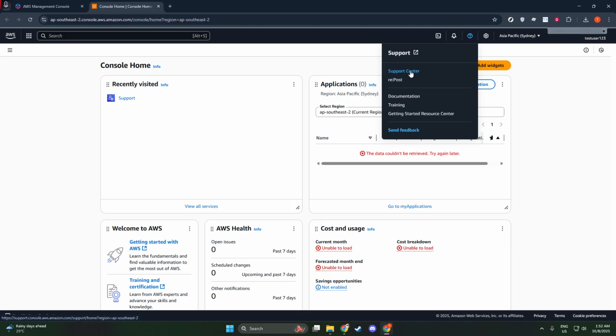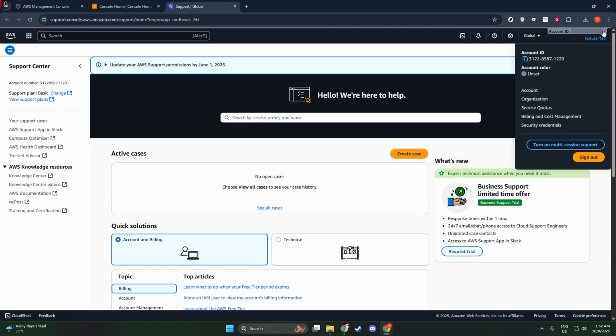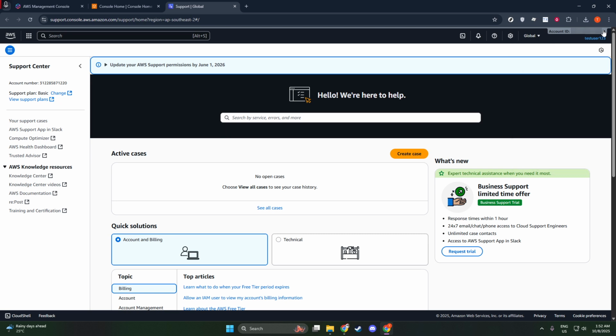Once you've clicked on the Support Center, you'll be redirected to a page dedicated to helping you with all your support needs within AWS. However, today, we're not here to open a support ticket or read through documents. Instead, focus your attention on the top of this page. Right there, displayed prominently, is your AWS account number. It's a 12-digit number, and you'll see it right away,